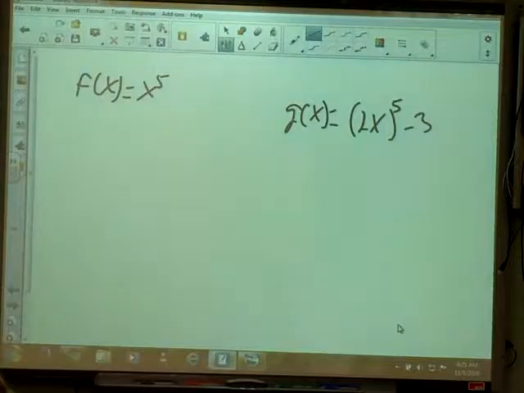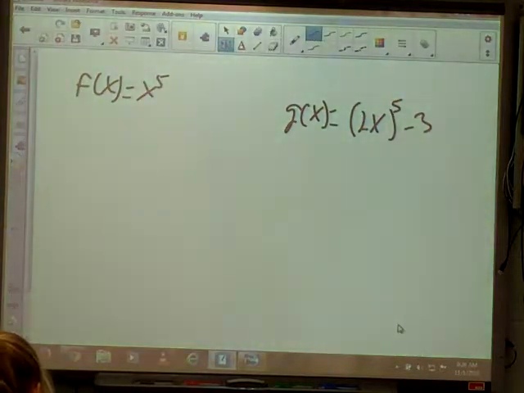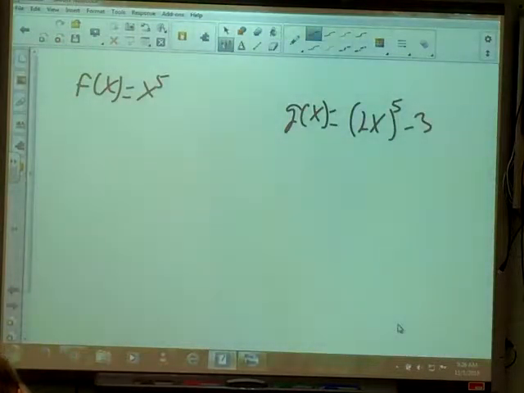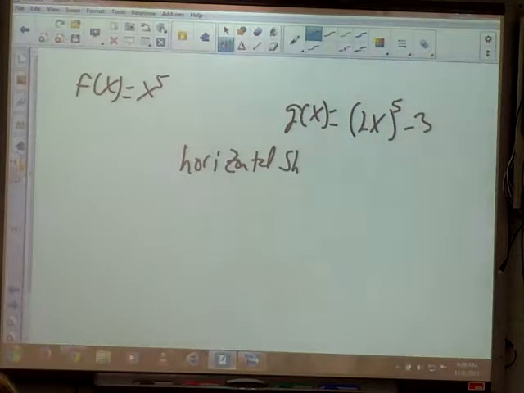What happened to it? It is not a vertical stretch. It stretched of one line, and then it went down. Yeah, that's 2. This is a horizontal shrink of 1/2